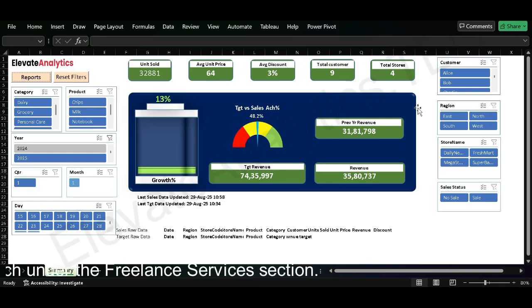To summarize, this dashboard gives a single page view of performance against targets across regions, stores, categories and so on. It helps leadership quickly identify where we are performing well and where corrective action is needed. Thank you so much for watching this walkthrough of the sales